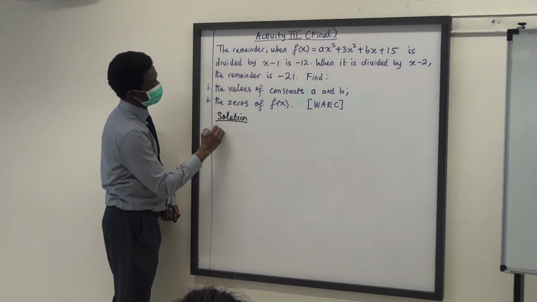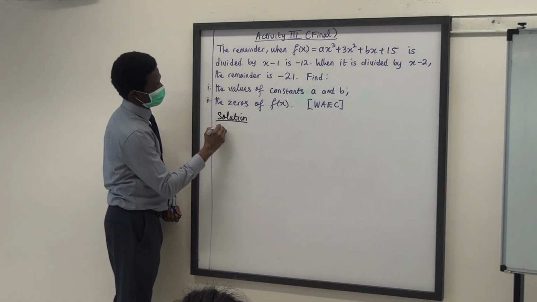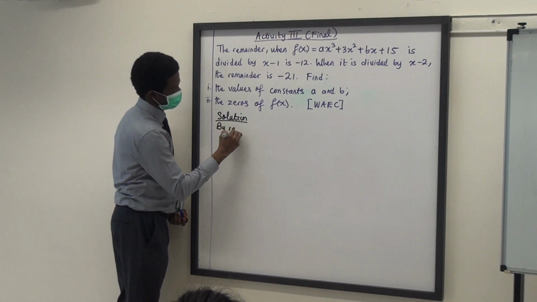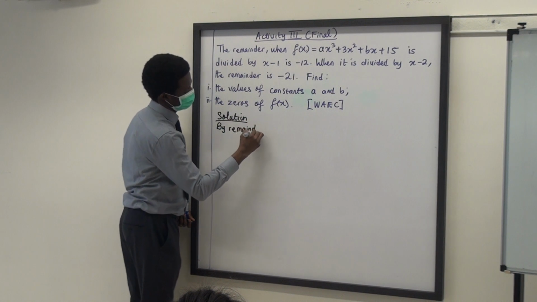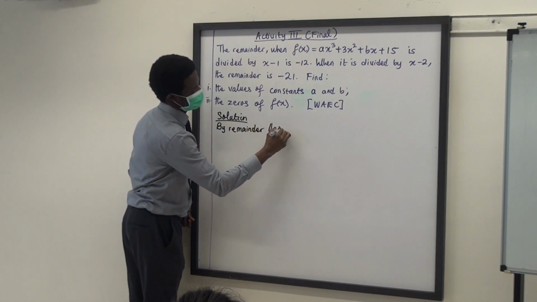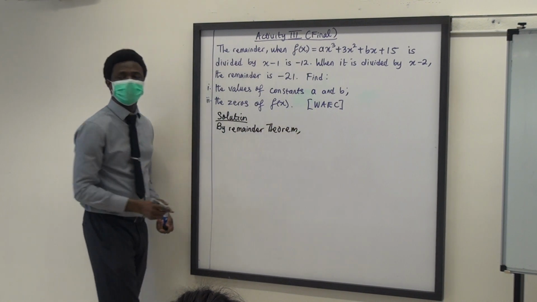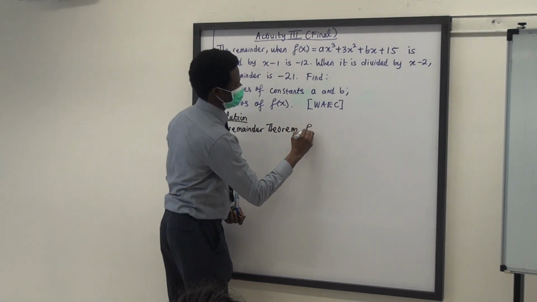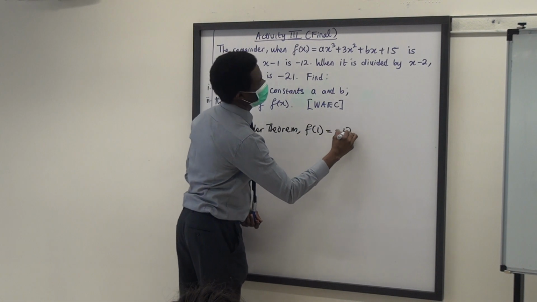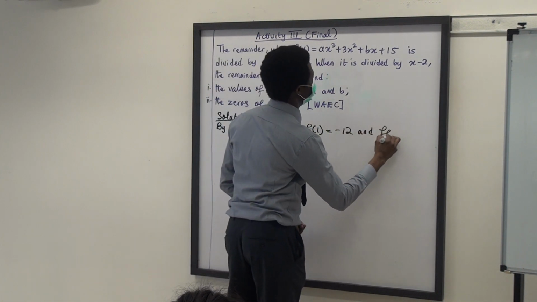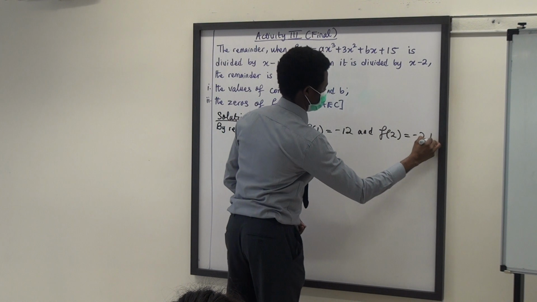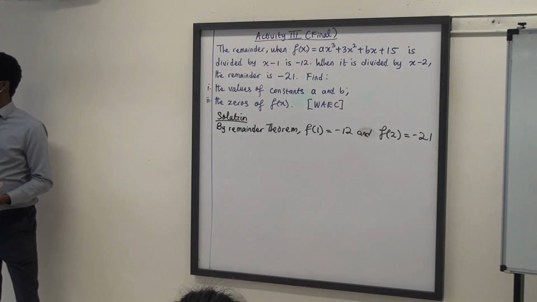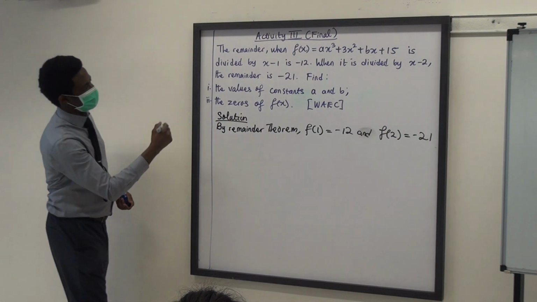By Remainder theorem. Of course, you don't have to write this. I just want to write it so if you're going through your books later, you know how we did it. By Remainder theorem, we know that f of 1 is negative 12 and f of 2 is negative 21. Yes? So, from f of 1,